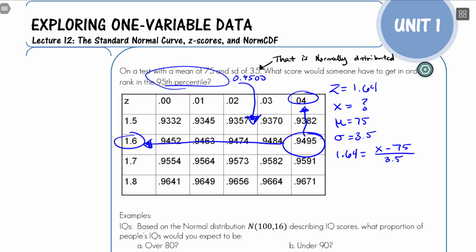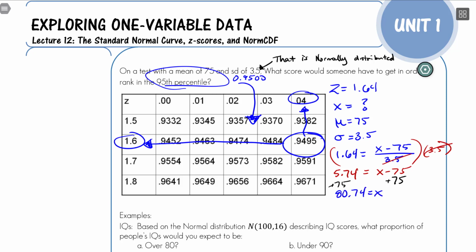Now it's just a clever bit of algebra, right? What do we need to do? Multiply both sides by 3.5. That's going to cancel out the 3.5 on the right-hand side. 1.64 times 3.5 on the left-hand side. I'll have to punch that into a calculator. And I get 5.74 equals x minus 75. Next step is to add the 75 to both sides to get x all by itself, and we get 80.74